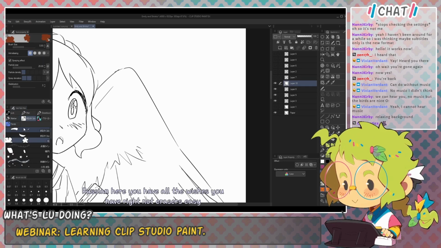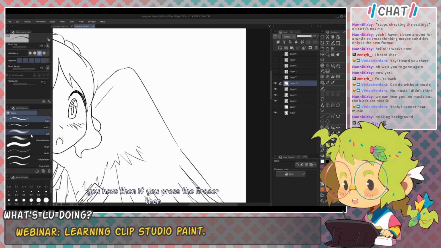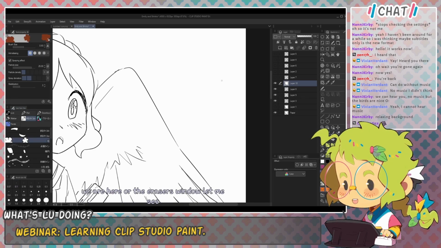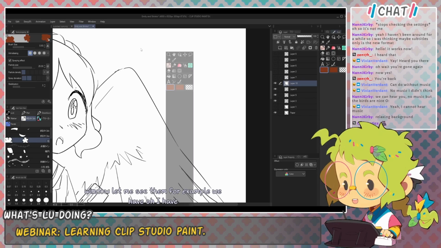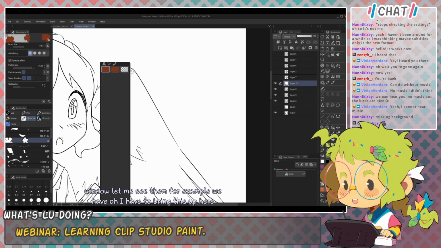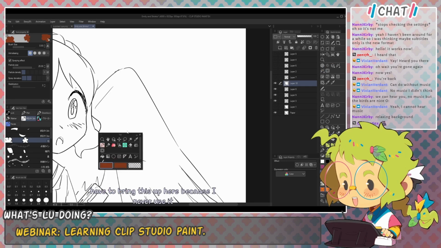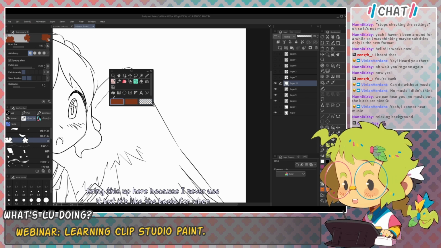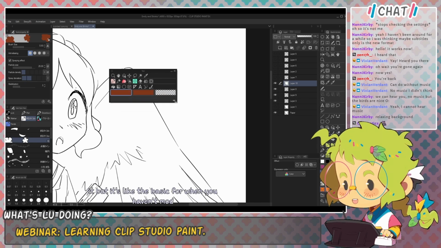You're on the brush tool, and here you will find all the brushes you have. Then if you press the eraser, here will appear all the erasers. Then for example, I have to bring this up here. I have it here because I never use it, but it's like the basic for when you haven't